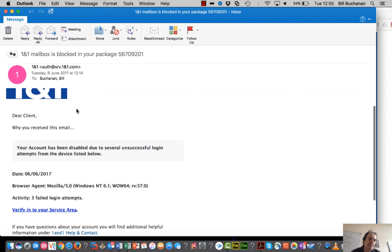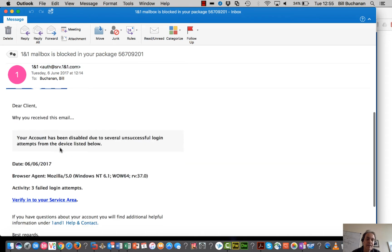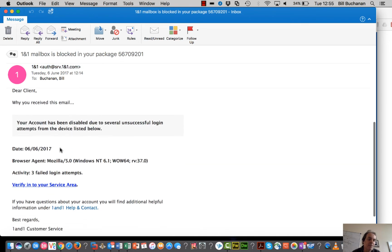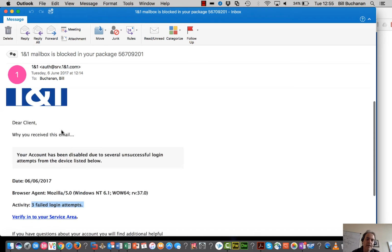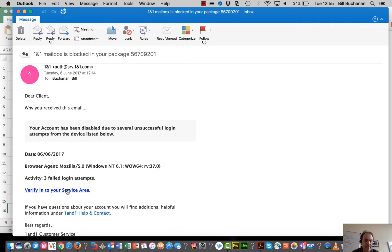This shows an example of a phishing email. So it's coming in from 1&1 here, and it's actually saying that someone's account has been disabled because there's been 3 failed login attempts. So if you have a 1&1 account, this is going to worry you. You might click here, but hopefully what you'll see when you roll your cursor over the link is that